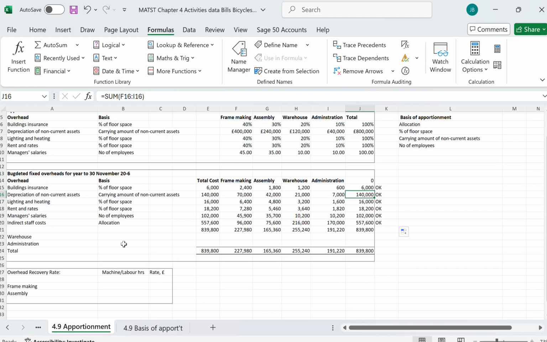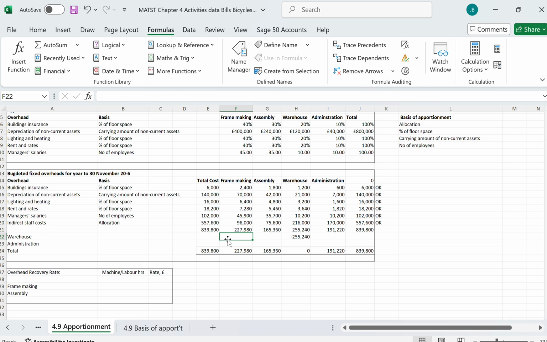So warehouse's figure is going to come down to a minus, so I'm going to go equals minus this figure, and then I'm going to go here into frame making,